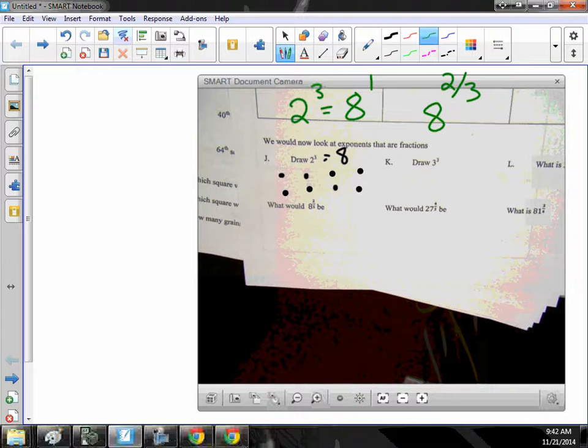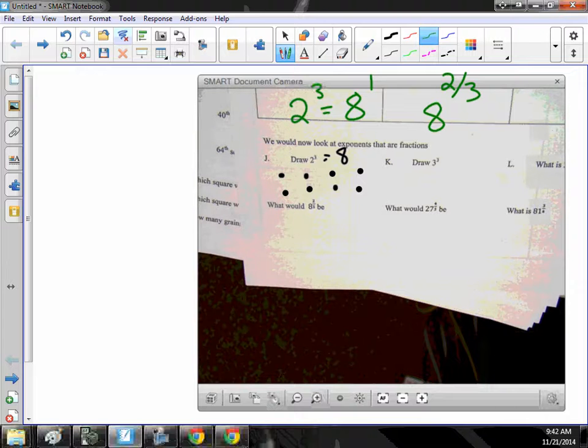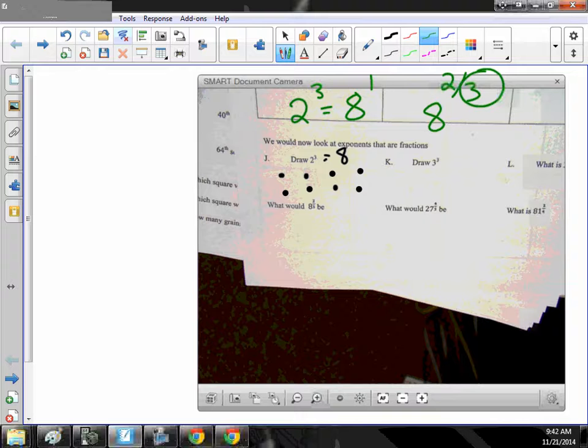So 2 to the third is 8, and we want 2/3 of 8. So this is saying we need to break 8 into 3 groups. Can you do that? Oh, good. Now, this is not multiplication. It's not multiplication and addition. It's an exponent. So, back on the first problem,